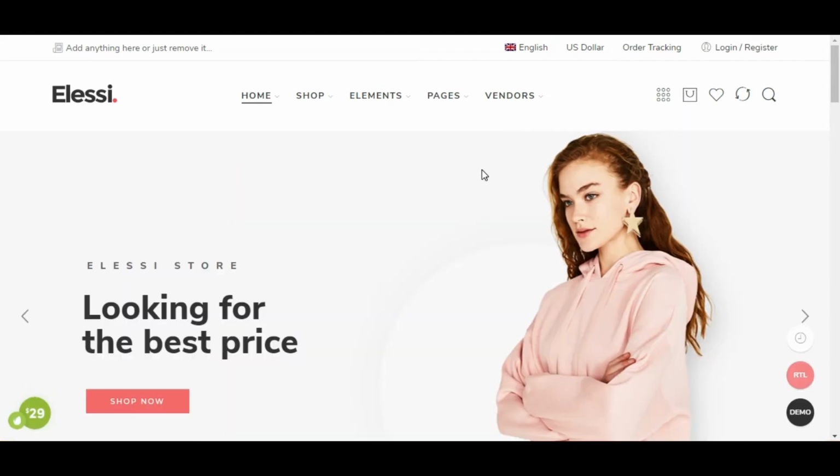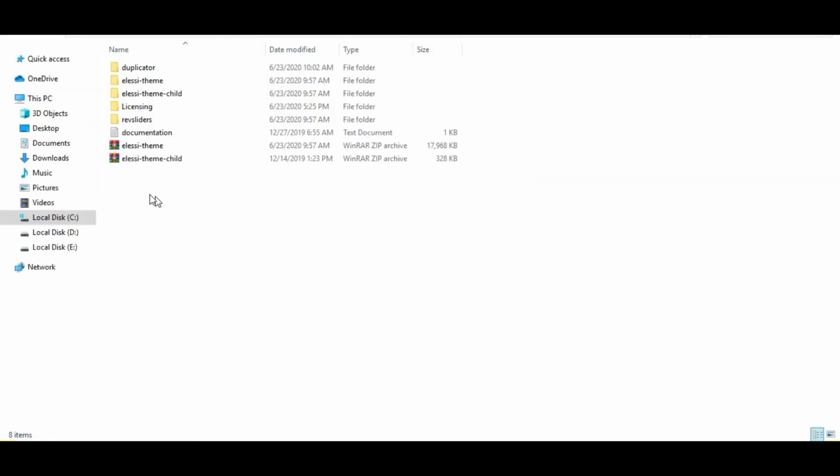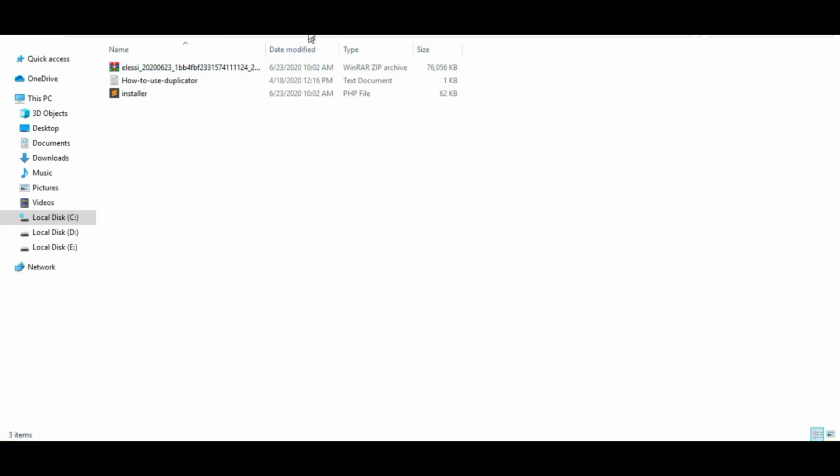So without wasting any time, let's install this theme. I have already downloaded the package from my ThemeForest account and I can show you here. I have unzipped the package. So we also have a complete website of Duplicator. Duplicator is a WordPress plugin for moving sites from one hosting to another.